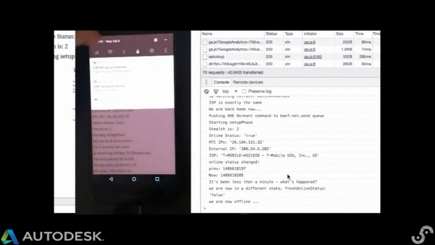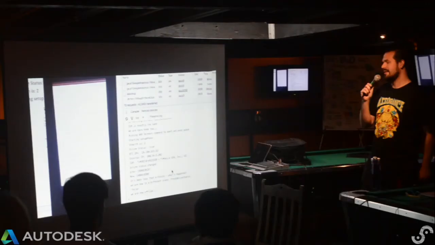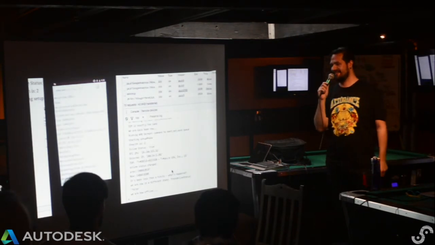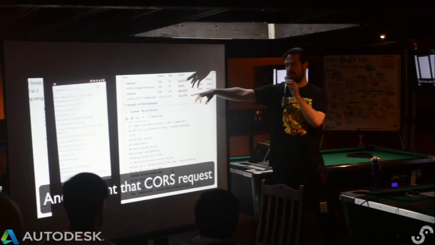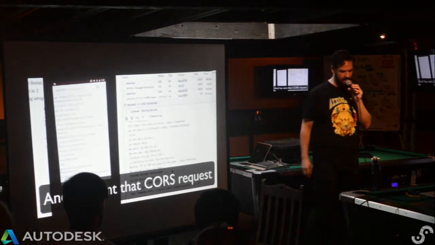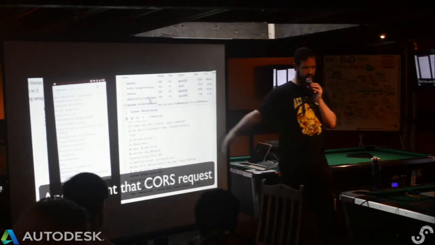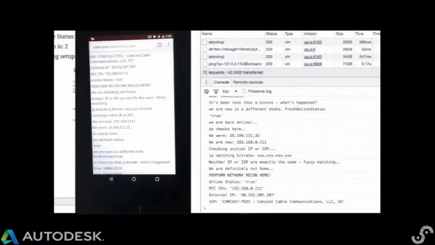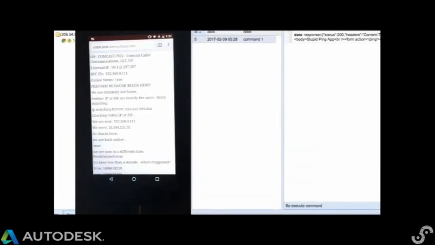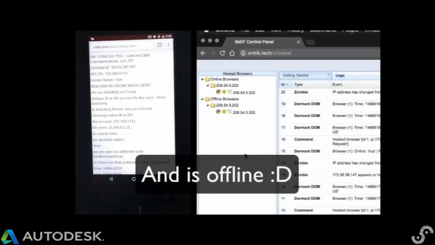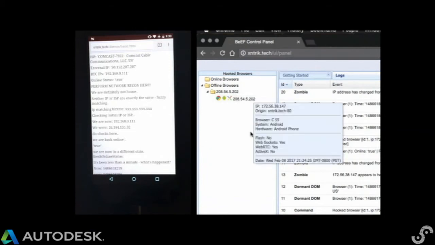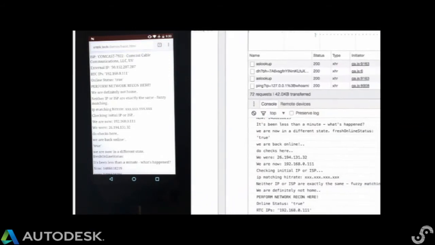JavaScript is pretty cool and pretty terrible. Once again, you'll see the browser will send another request to that port, so you can see the ping command. You'll notice that it takes a little bit to resolve because maybe it takes a little bit to ping. And then once again, we return the phone, and obviously the phone is still offline, so it's not currently communicating with the beef server. It's kind of invisible as far as the internet is concerned.